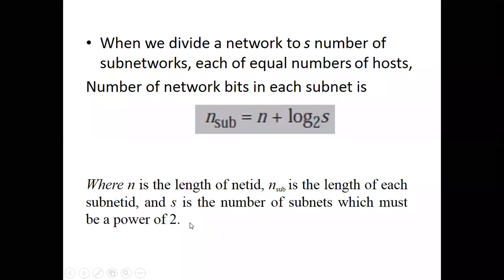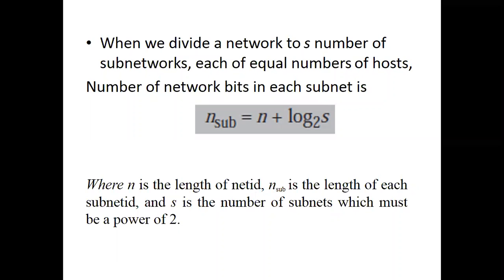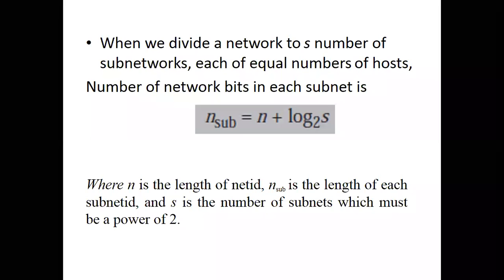and S is the number of subnets, which must be a power of 2. If you have been given 10 machines and it asks you to partition them into two networks, then 2 is a power of 2. Yes, I ask to partition into two different networks, so that value is a power of 2, so it is